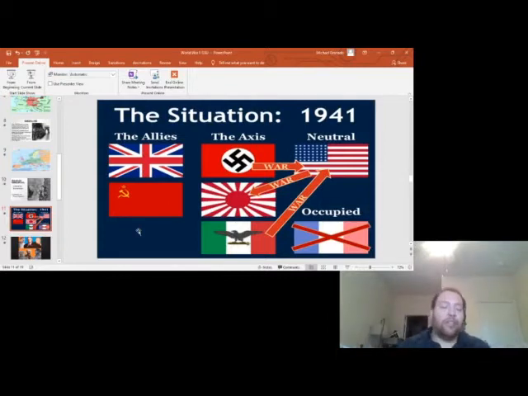All right, so if we want to do a very simplistic version, we could just put three on each side. Of course, there are other colonies which are involved. Several major British commonwealths, such as Canada, India, Australia, will also be involved in the fight. But for the sake of simplicity, we'll stick with the major powers. Okay. So on the one hand, you have the Allies. The Allies consist of the United Kingdom, the Soviet Union, and the United States.